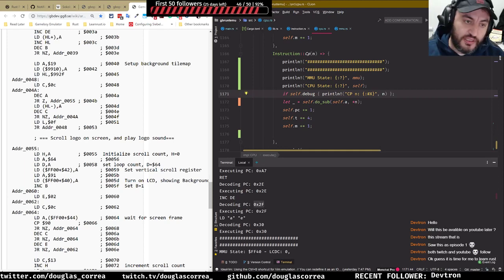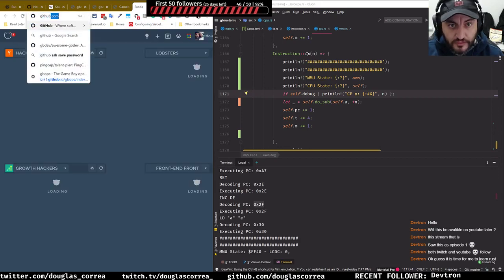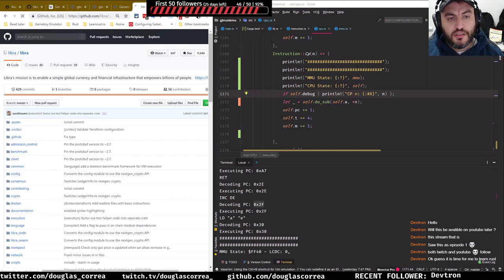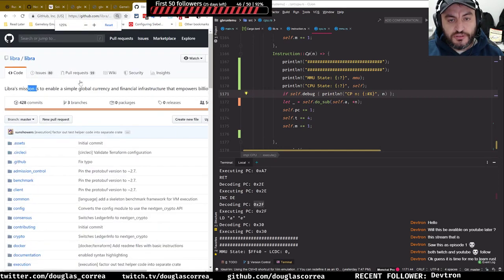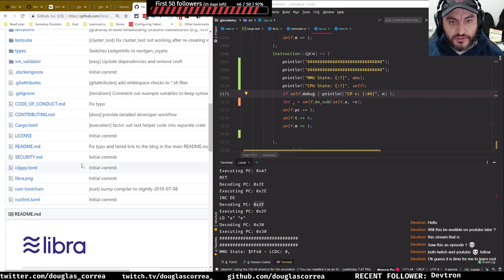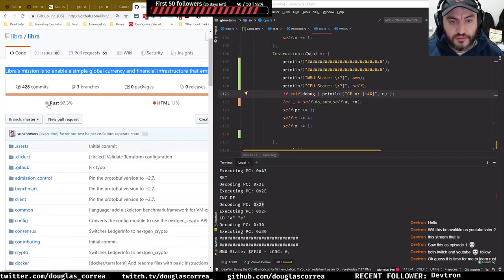Also, Rust is from Mozilla, and I saw other big companies are starting to talk about that. For example, Libra, that new blockchain currency from Facebook that they will use, I think, for payments and so on, is built with Rust. If you see in GitHub, Libra here. Our mission is to enable blah blah blah. This Libra is built in Rust, as you can see, Rust,